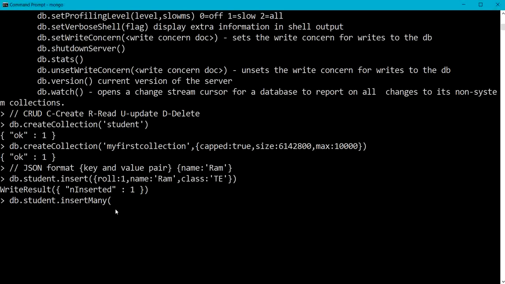So here, let me use the key value pair combination. Whenever we are inserting many, I will have to specify a square bracket also.